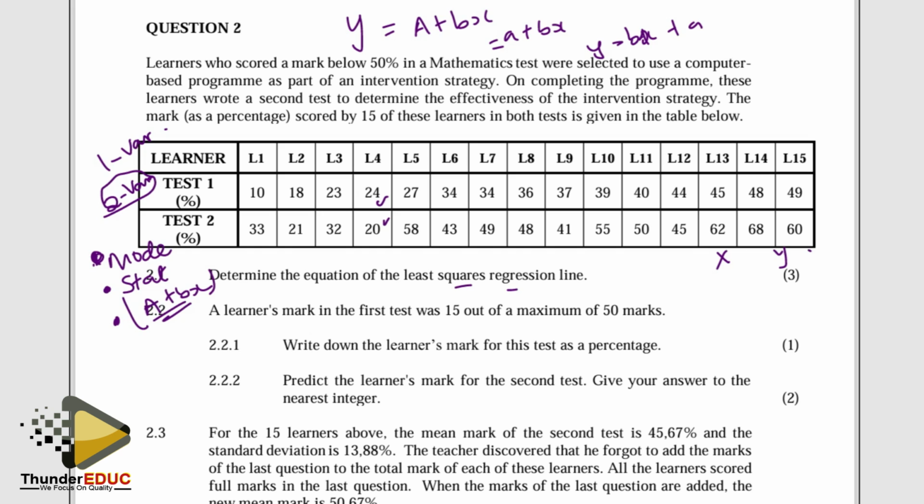Usually, the values that appear first on top, I would prefer them to be the x values. Please take them to be the x values, and whatever comes next, let those be your y values. So enter these numbers into the calculator. As you press your equal sign, just move on to the next value. You're getting the 49, enter 33, up to 60. Then after entering everything,